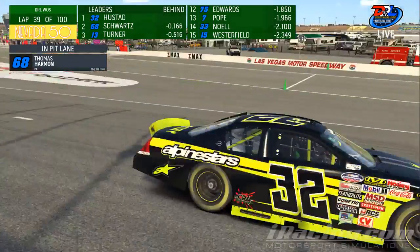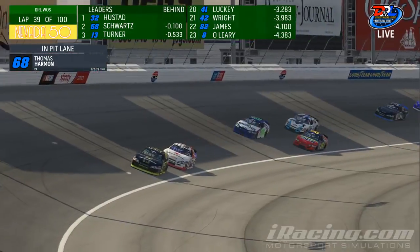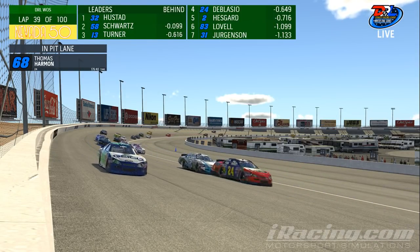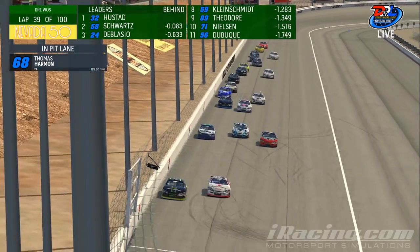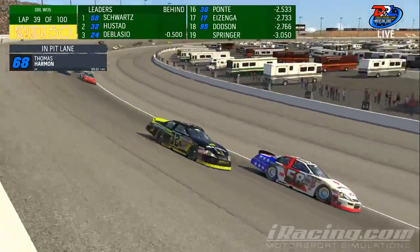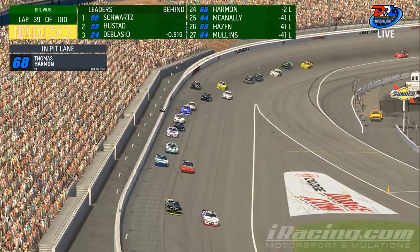Green flag is out. Wade Hustad, Jonathan Schwartz taking into turn 1 here. Both of those guys got a really good jump, but Jonathan Schwartz is not letting Wade Hustad get away, as he does get to the inside of him and is 3 wide behind him with Hesgaard, Adam de Blasio, and Steve Turner. And it looks like Wade Hustad is going to relinquish the lead here and let Schwartz, well, I said he was going to let him go,